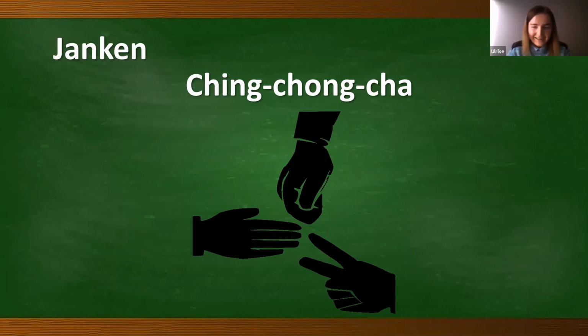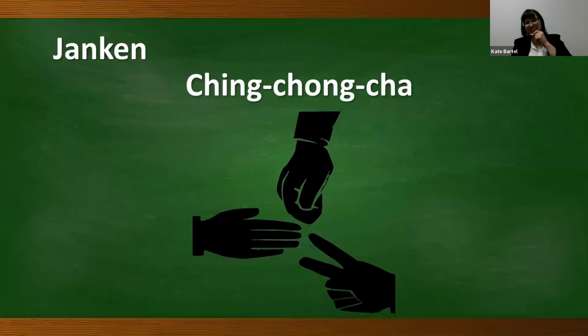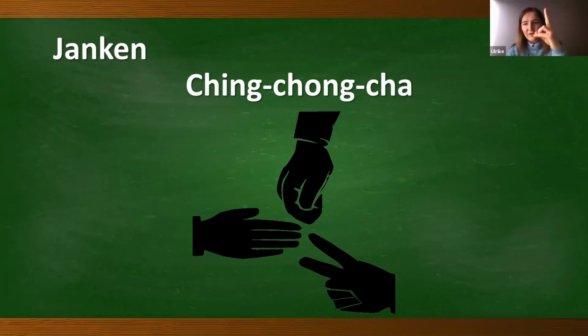Is dit reg? My Afrikaans. Yep, so this is Afrikaans rock, paper, scissors, and we say ching chong cha. So we say ching chong, and then on cha you say scissors,